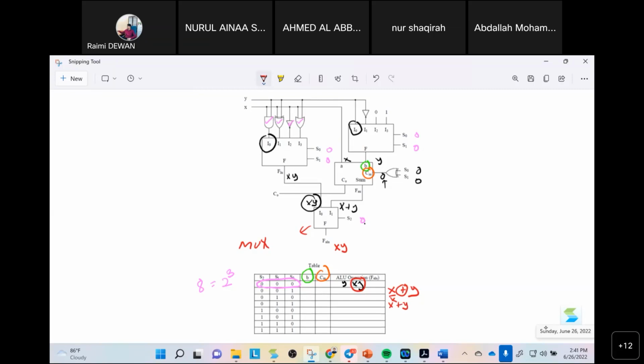Because it's not possible for me to go one by one. X plus Y. Then X plus, here is plus, X plus Y. This one is adder. This one is OR. This one is NOT function. This one is XOR. This one is, of course, just now, AND. Okay, then this one,